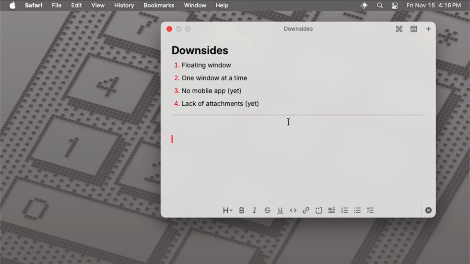It's table stakes these days for a note-taking app to support more than just text. And so that's pretty much it for the major downsides. Now, let's expand our note a little bit, and I'll switch over to